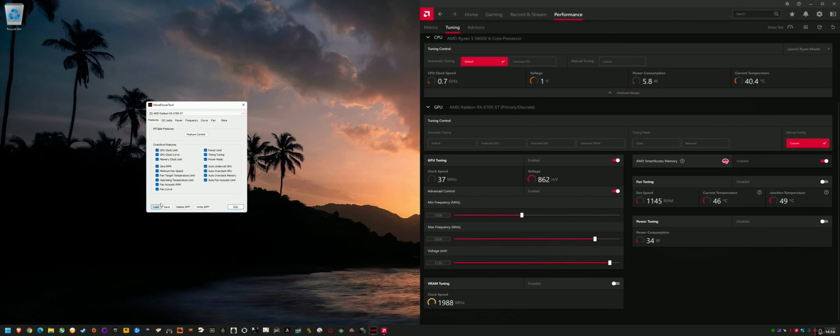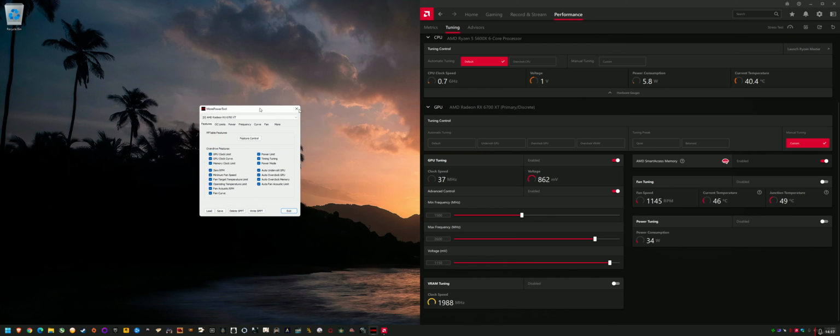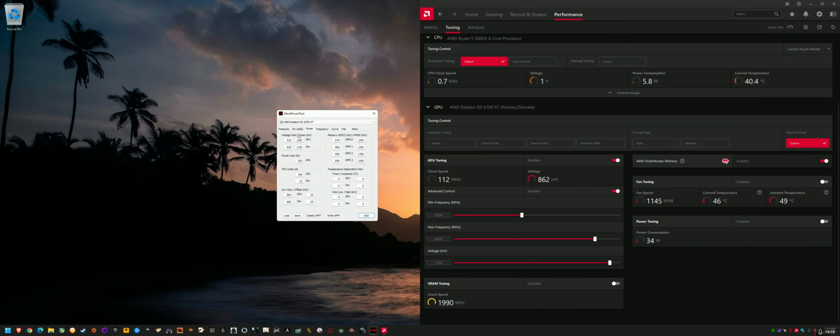So after you've loaded that BIOS in, first go to the Power tab, and this is your voltage. If you're undervolting, if you're not sure, then I recommend just doing it through the driver first, finding a stable setting that you've tested stable, so you've tried it in a few games and the driver's not crashing anymore. That is when I would lock in your undervolt and put it into More Power Tool. But if you haven't done it, don't worry about that for now, and just go straight into frequency, which is